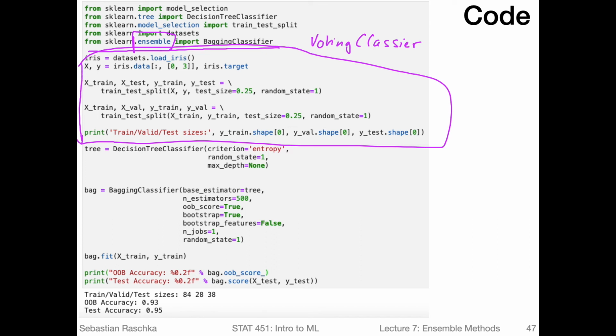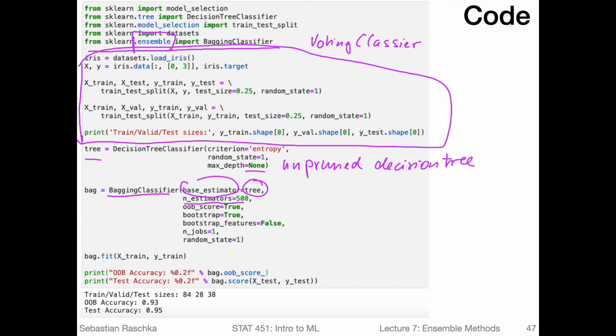And then for the bagging classifier, what we do is we first initialize a decision tree. So that is the decision tree we want to use for the different bootstrap samples. We can actually in scikit-learn use something else for the base estimator. It doesn't have to be a decision tree, but traditionally for bagging, we use decision trees, and we also use unpruned decision trees. So we set the maximum depth to None, which is also the default value. So this will then be an unpruned decision tree. And then we plug in the decision tree into the base estimator of the bagging classifier,